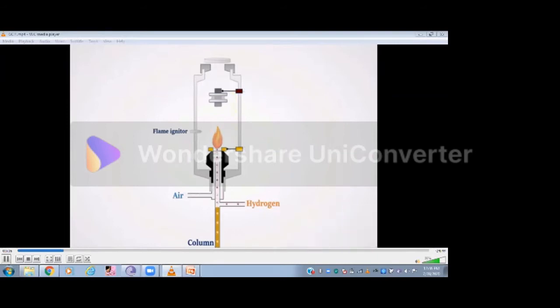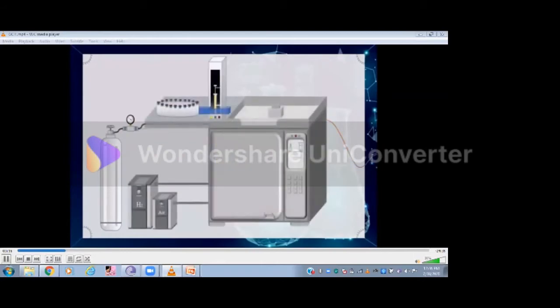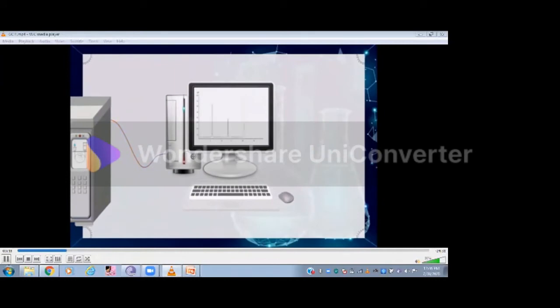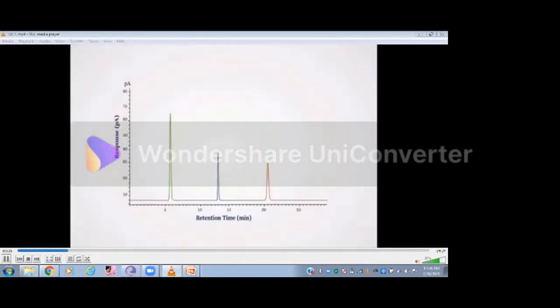This current is measured with an electrometer, amplified into proper voltage, and fed into an integrator. The manner in which the final data is displayed is based on the computer and software. The number of peaks present can indicate how many components are in the mixture. Usually, the x-axis of the gas chromatogram shows the amount of time taken for the analytes to pass through the column and reach the FID detector. Typically, the y-axis, or the area of the peak, is a reflection of the amount of a specific analyte that is present.